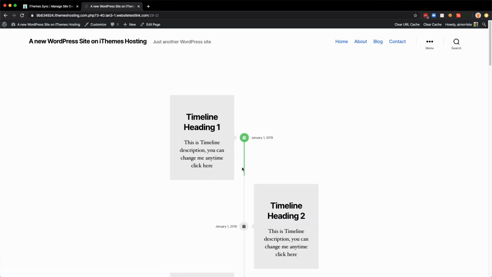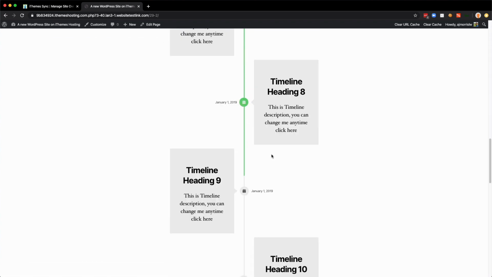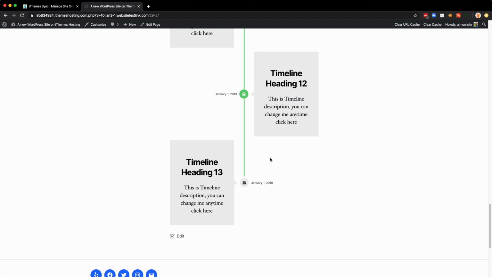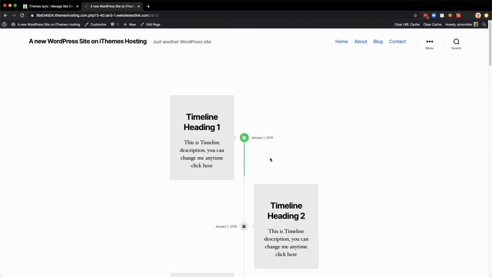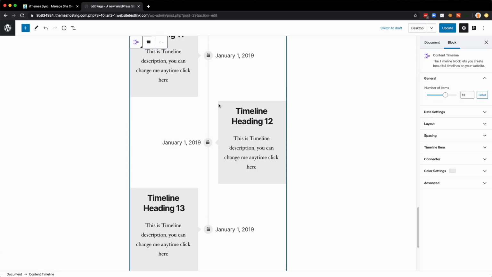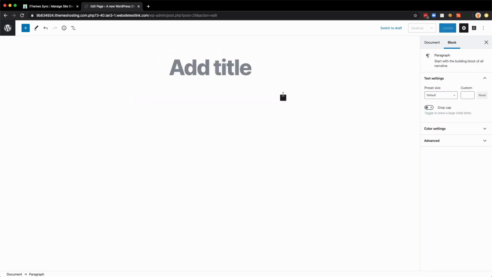So you'll see the green line starts, and as you scroll, it continues going through. So I really like this type of a feel. This type of a block is something I really like, and I can see myself using this or including it for some clients. What I don't like about this plugin or this collection of blocks is that with the Beaver Builder version